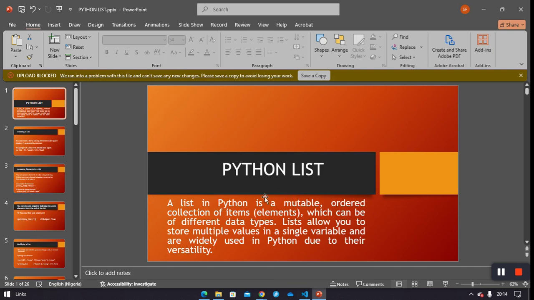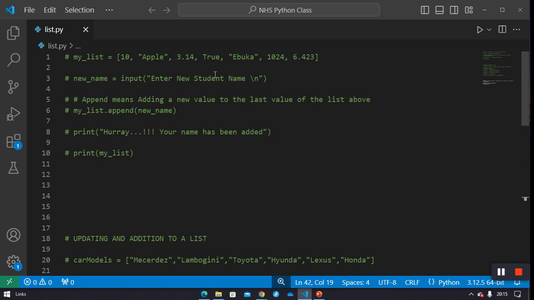We said the list in Python is a mutable ordered collection of elements which can be of different data types. Lists allow you to store multiple values in a single variable and are widely used in Python due to their versatility. So going to the code,